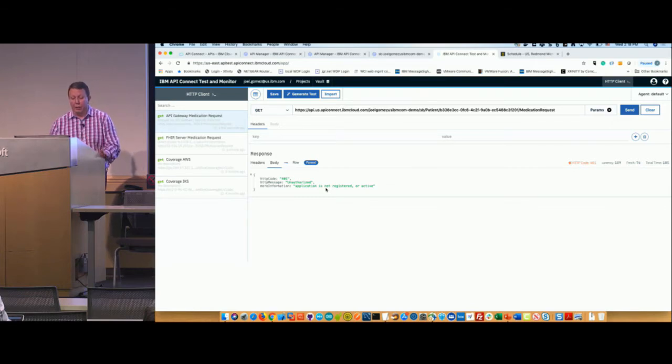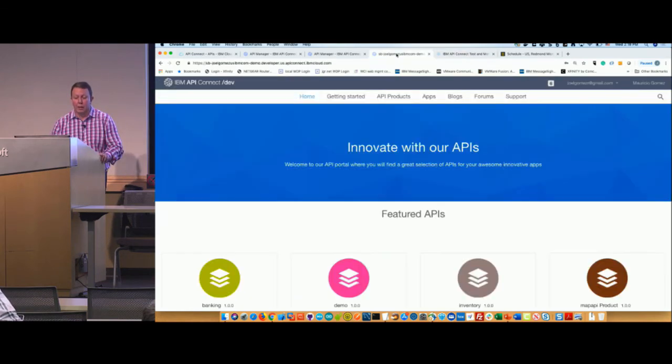Okay, so here it says I'm unauthorized and my application is not registered. So how do I get an app or register my app so that I can access the resource at the end? As part of the solution, we provide what we call a developer portal, where you can deploy your APIs,